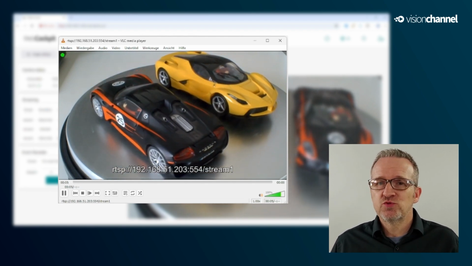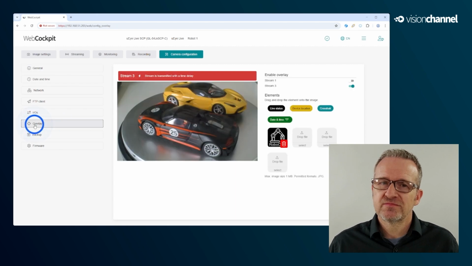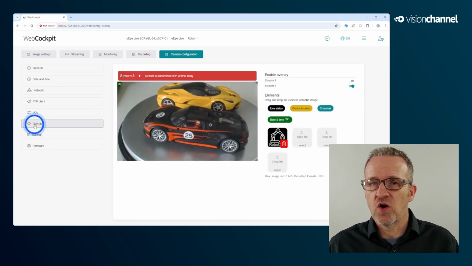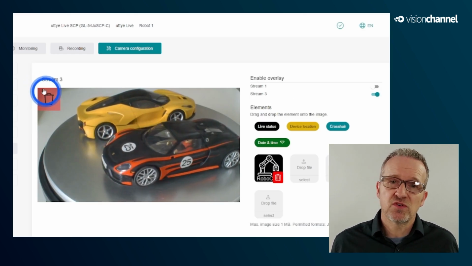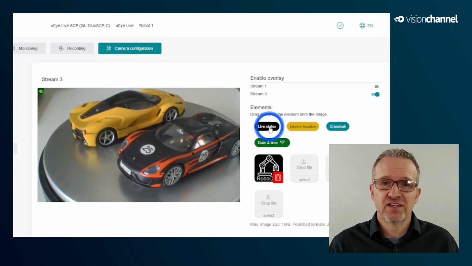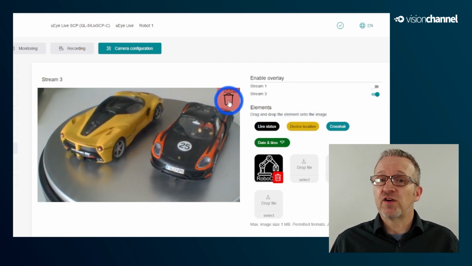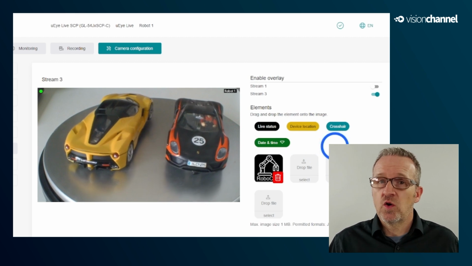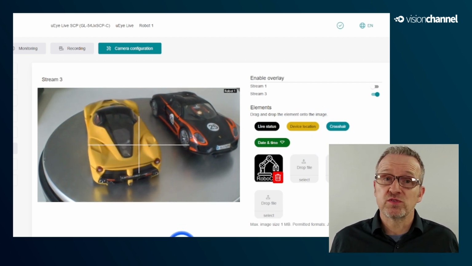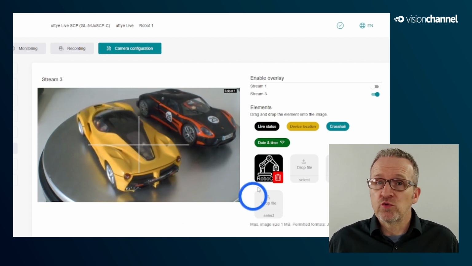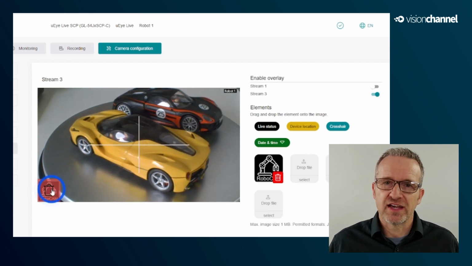Next, we jump to the new overlay feature in the camera configuration. Here you can insert various overlay elements at predefined positions in the video area. The live status already flashes at the top left. There is also the device location string, for example, which you can define for the camera itself. Or we can place a crosshair in the center of the screen. You can also load up to 4 of your own images onto the camera and use them. And to show this, I have loaded a robot icon here.